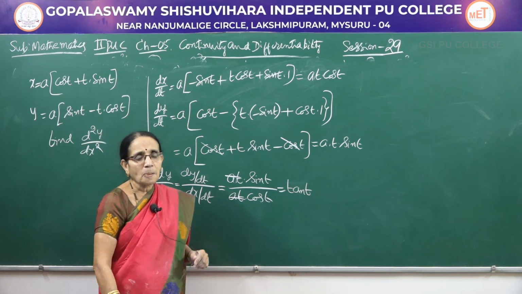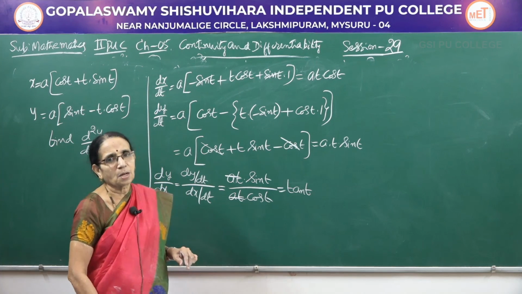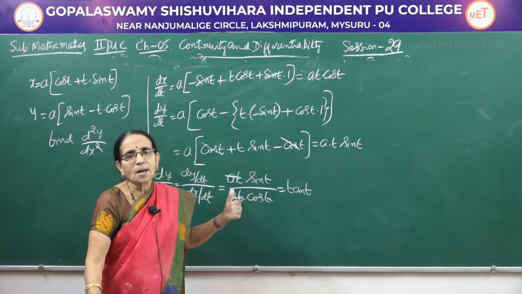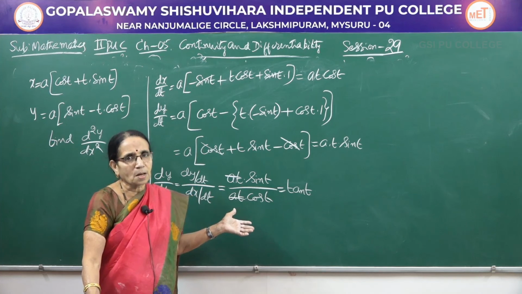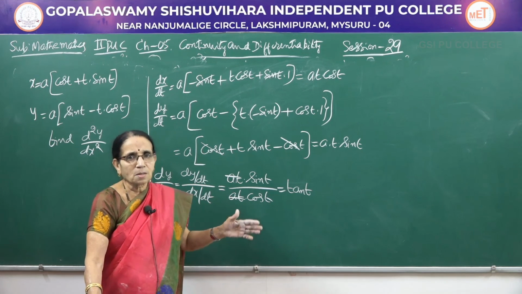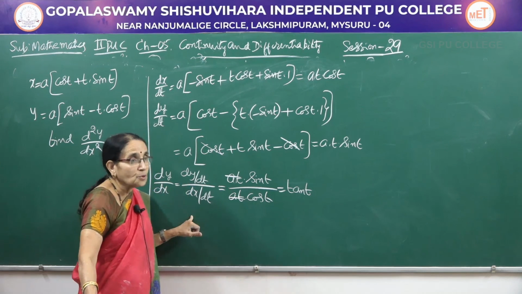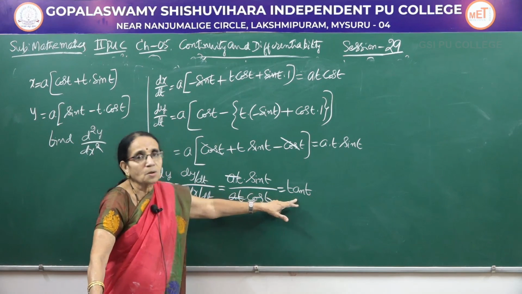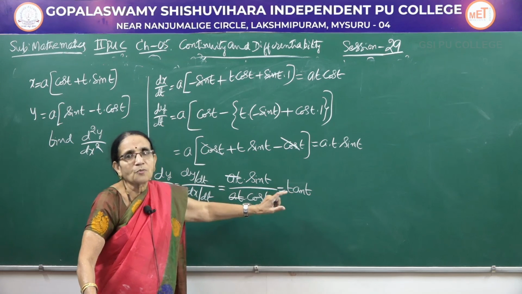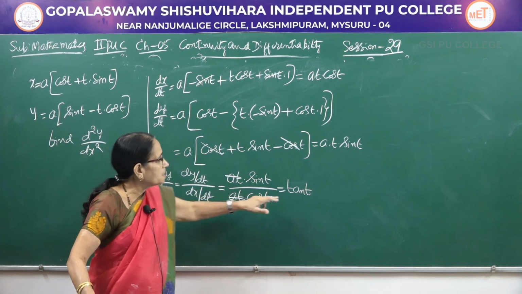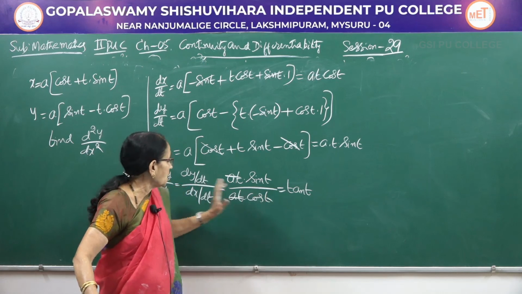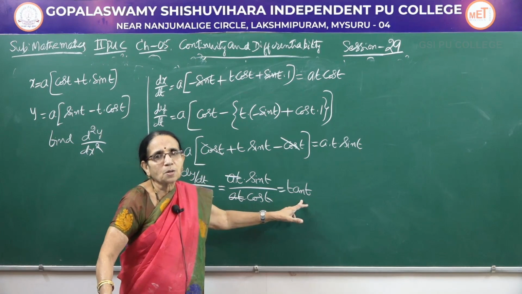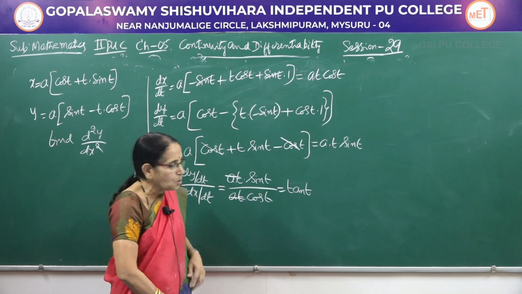Now, in this problem, it has been asked to find the second derivative. See, in all the other types of function, till the parametric, after the first derivative, directly you differentiate with respect to x, you get the second derivative. A particular answer is asked or not, the procedure is same. Whereas here it is different because it's a parametric function I am considering. The answer is given in terms of t, not in terms of x. So, I cannot directly differentiate this with respect to x, this one, d square y by dx square. First, this has to be differentiated with respect to t, then that with respect to x.